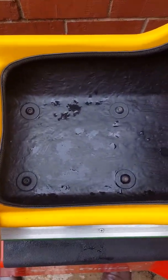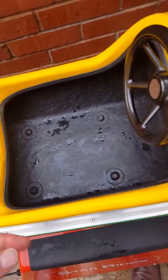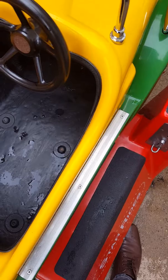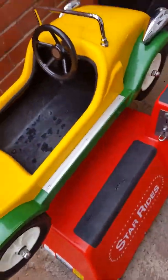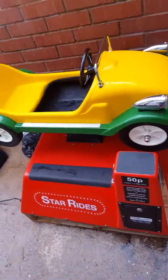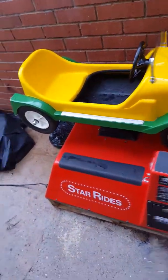4 nice big bolts onto a massive metal plate, straight down onto the chassis. Really well made, and the fiberglass again is really, really well made. It's the standard you expect from any Bathco ride, or Namutex or anything like that. It's exactly the same. It's nothing like a Chinese ride where the fiberglass is flimsy and crap, and